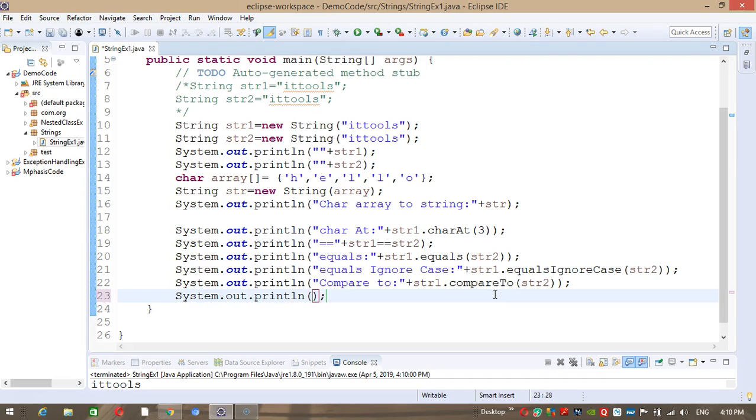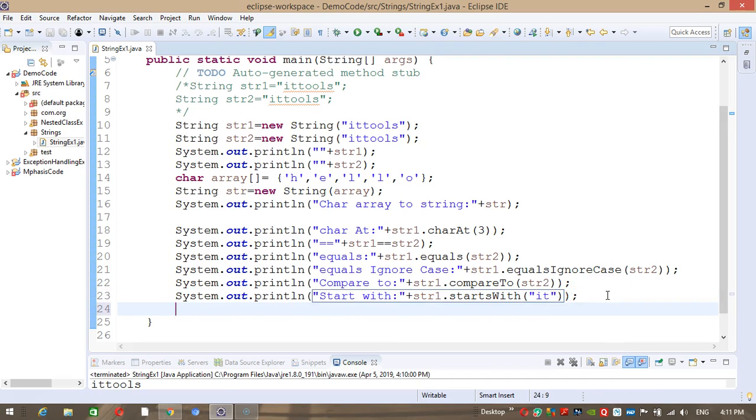Another method it provides is startsWith. We can check whether our string is starting with a particular character or string, for example, IT. So if it is starting with IT, it will return true.